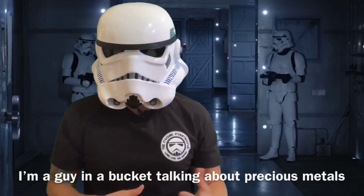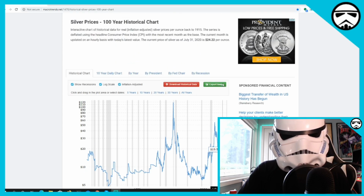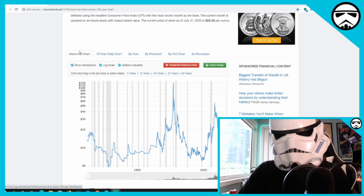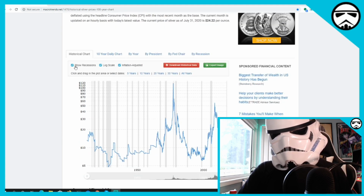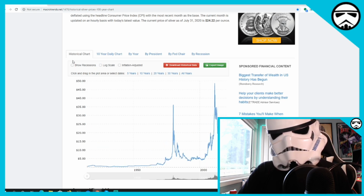So this is a website I like to use when I want to look at the silver and gold spot prices historically. And this is the silver prices 100-year historical chart. On macro trends, it automatically shows recessions, inflation, and what have you. We're actually going to want to click this stuff off because we just want to see the pure spot price